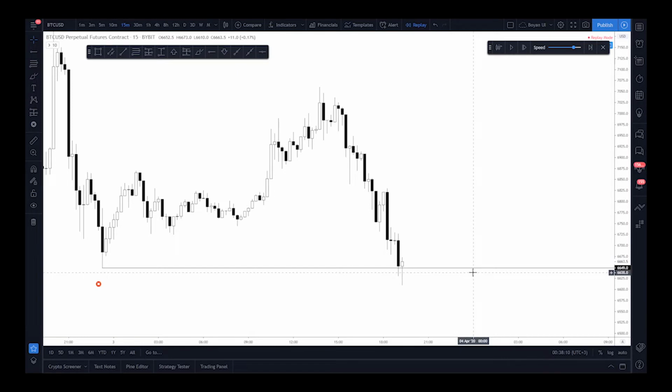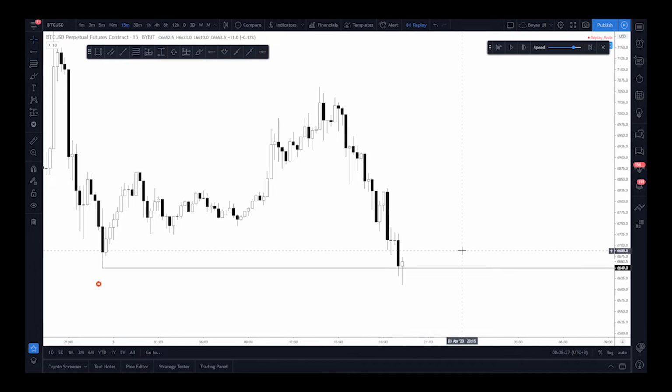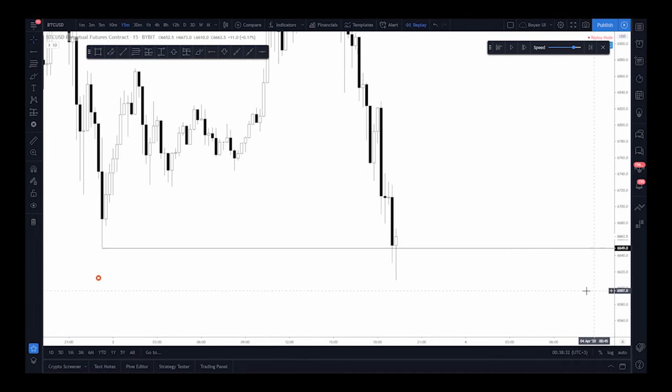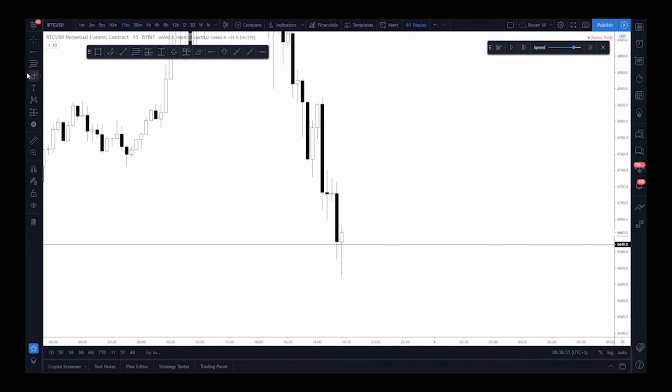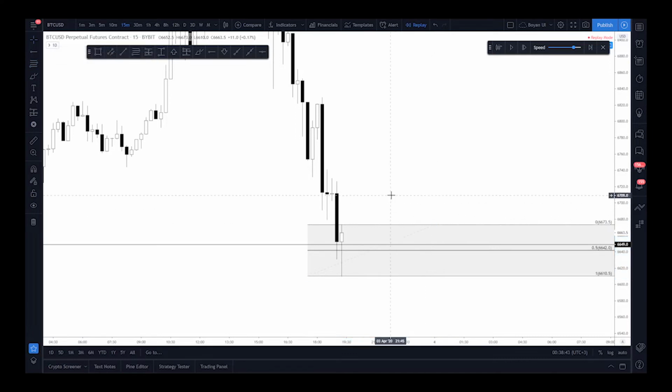So what choices do we have for entry? Of course, the first choice is to enter a trade immediately after this candle has closed. That's going to be our entry. The second possible entry option is to enter at around the 50% retracement level from the bottom of the wick to the top of the wick of the last pin bar candle, which in our case would mean positioning our entries at around